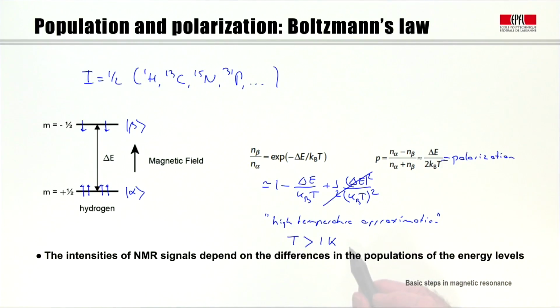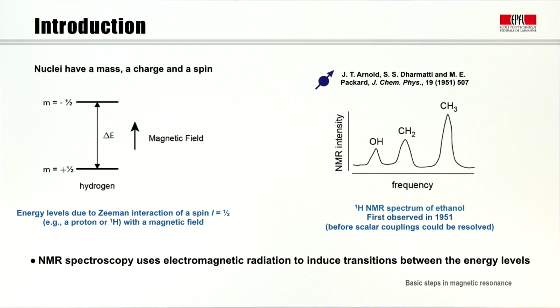And because of this high temperature approximation, the polarization is directly proportional to the difference in energies divided by kB times T, that is to say Boltzmann's constant multiplied by the actual spin temperature. So nuclei at the heart of atoms and molecules have a mass, they have a charge, a positive charge, as